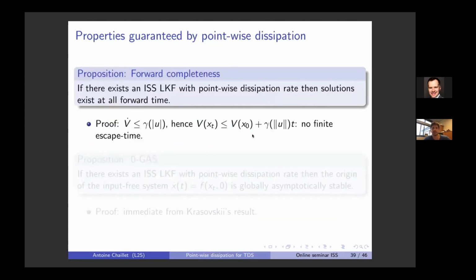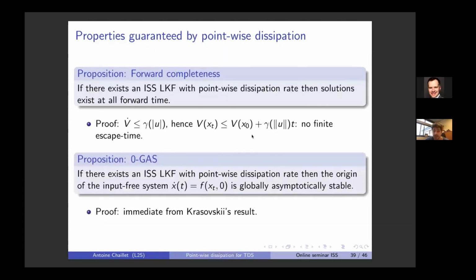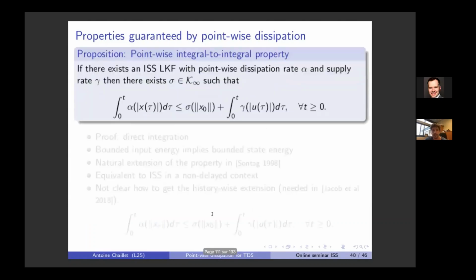So just to conclude the talk, I want to tell you what we have under a pointwise dissipation rate. If we don't have iISS, what do we have? Obviously, we have forward completeness, no finite escape time. Obviously, we have zero gas, and this goes back to the result of Krasovskii. What we also have is a pointwise